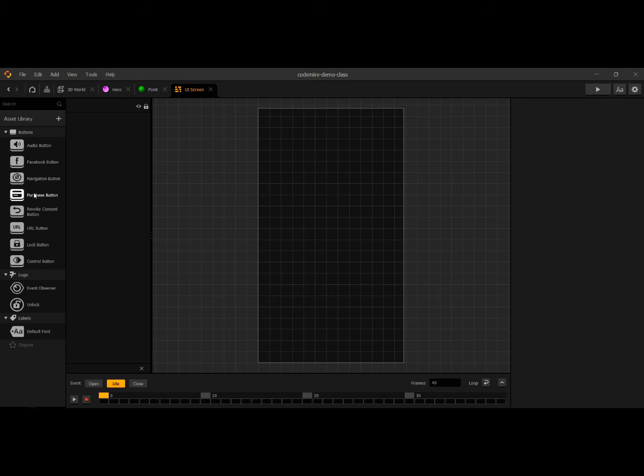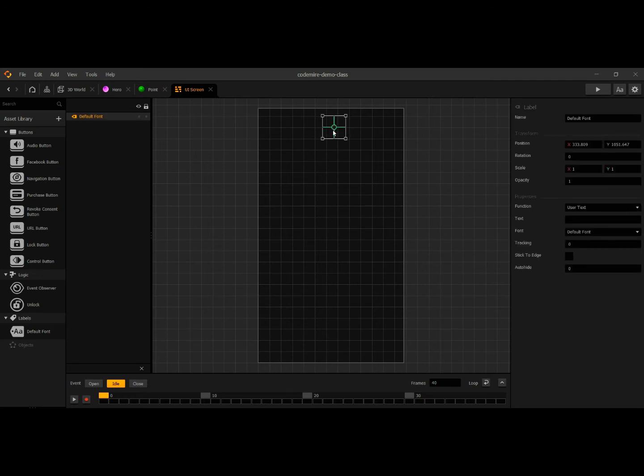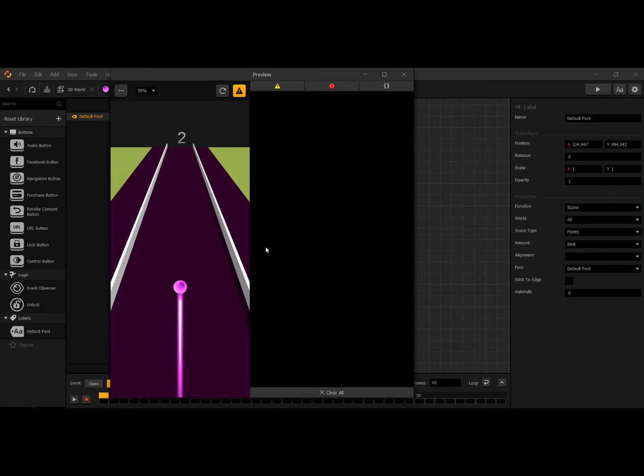There you can see there are lots of pre-made buttons and logic, and there is a label here. You just have to drag and drop it, and make sure that you place this in the center. After doing that, in function, user text is there. You just have to replace this user text with score, and bam, that's it. When you start, now you can see